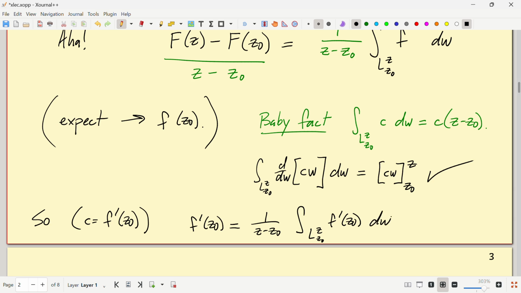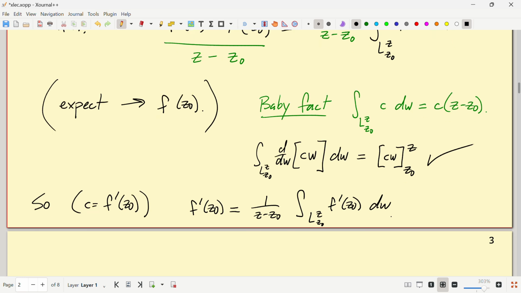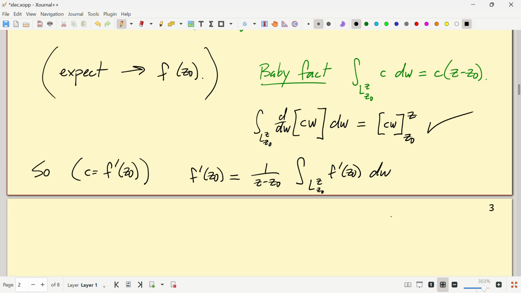Okay, and so now when I take that difference quotient and subtract f prime of z naught,